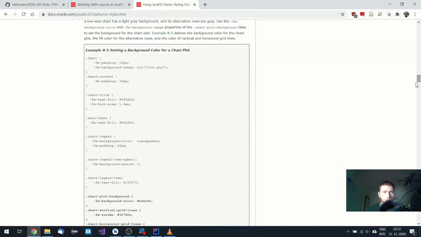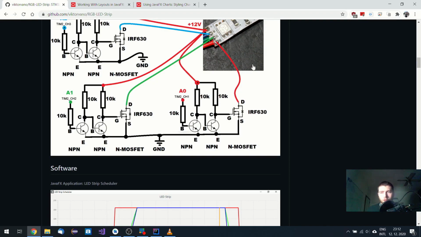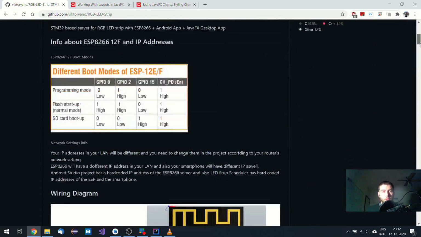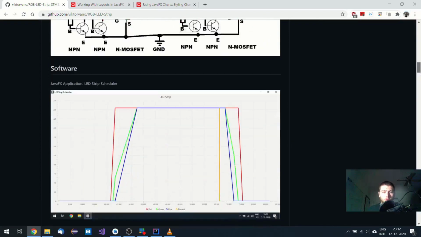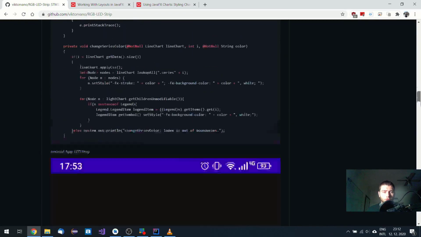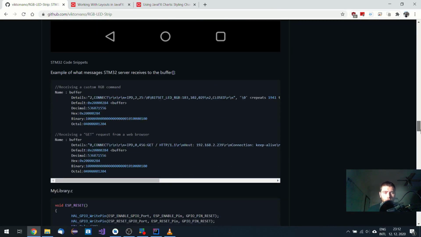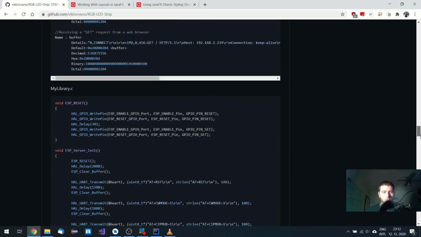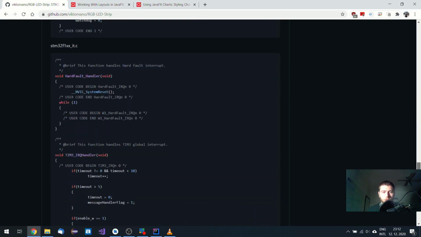It's available online, you can learn from it, and this project is also available on my GitHub, so you can read this README and check what I've made, what I've done. You can reverse engineer my code,